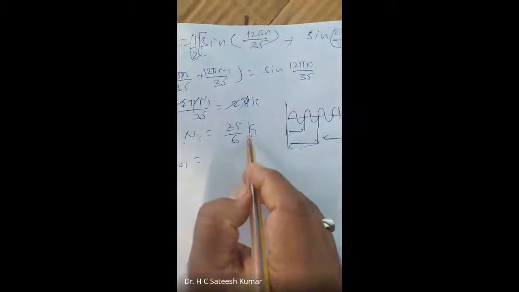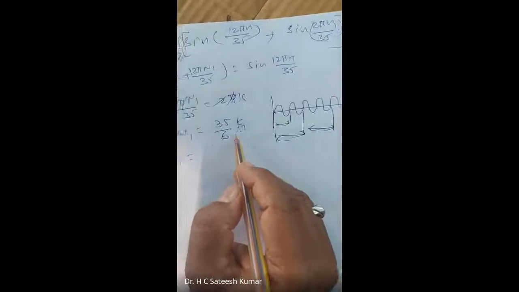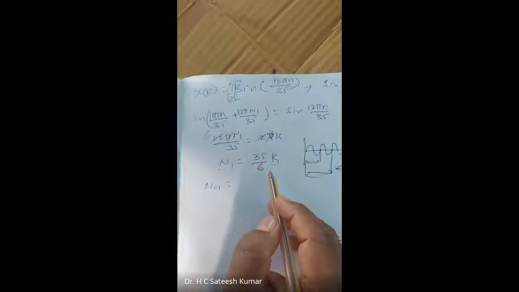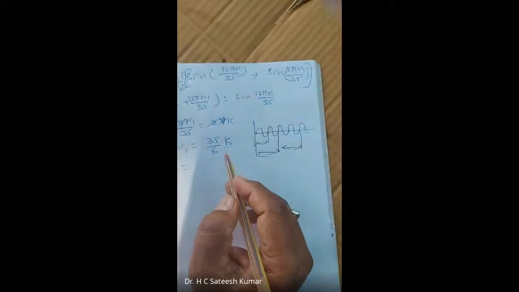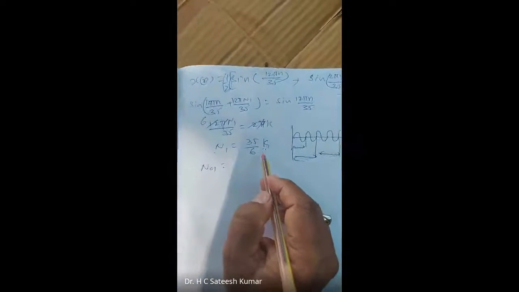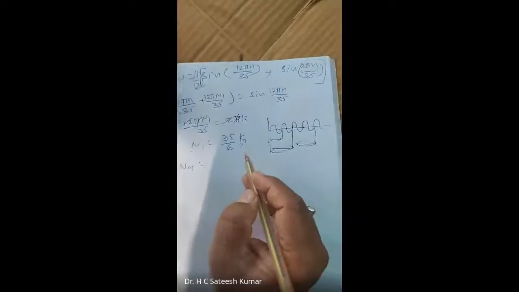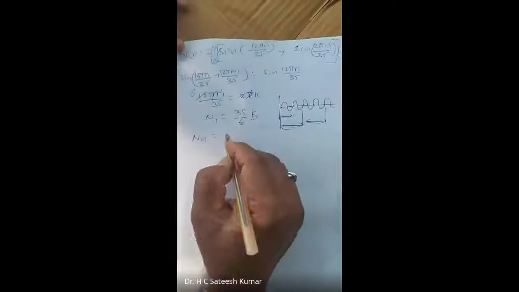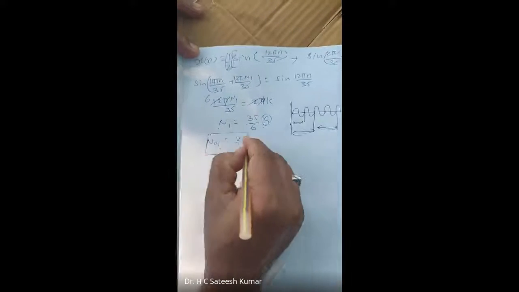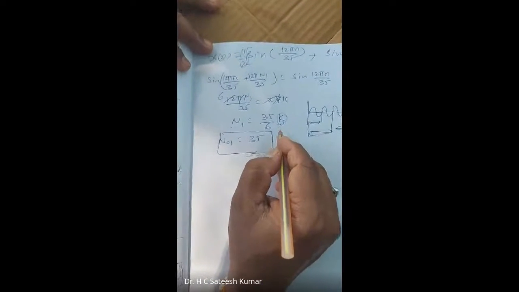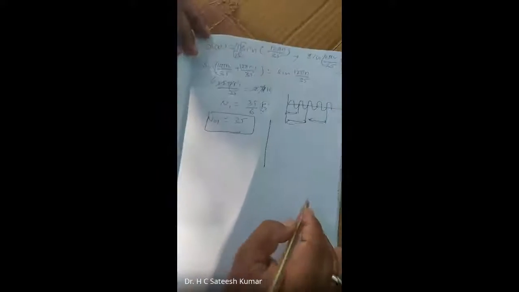See, k is equal to 6 will also give a period, k is equal to 12 will also give a period. But k is equal to 6 gives the fundamental period. For k is equal to 12, you get 2 cycles, and that is not the fundamental period. The fundamental period is obtained for the least integer value of k. Okay, right? So n01 is equal to 35, for k is equal to 6. You don't need to write what k is, just n01 is equal to 35. That's the reason you should do this carefully.